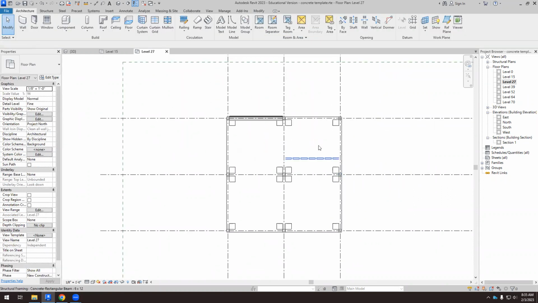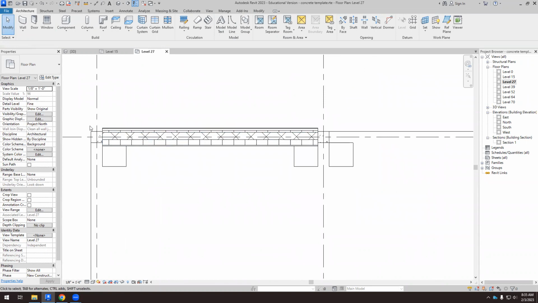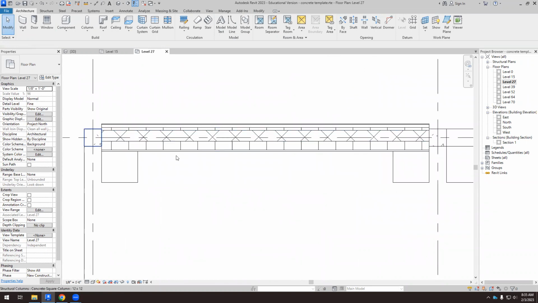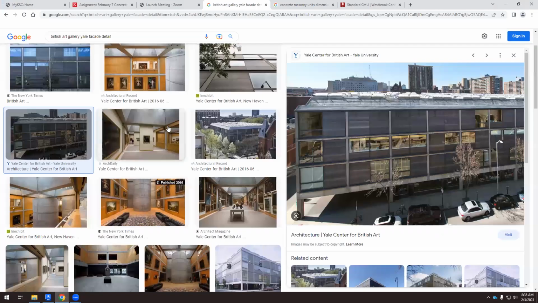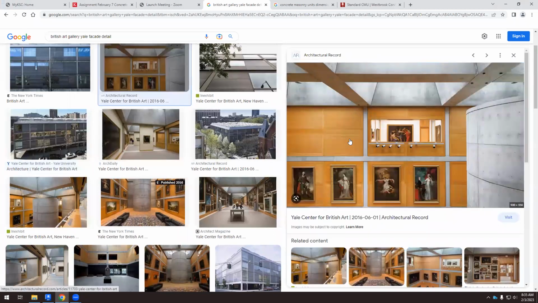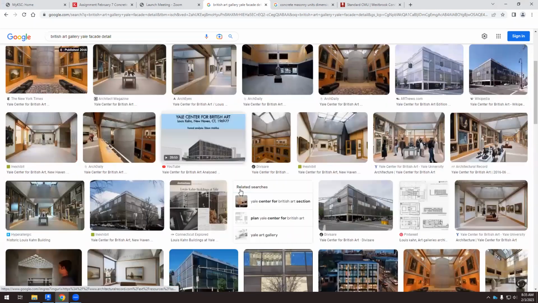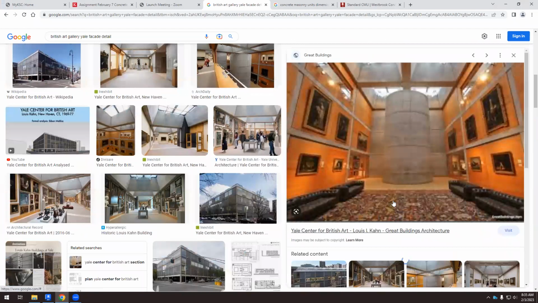Okay, so let's work with this wall that goes from this face of this column to that face of that column. And now we need to understand what we want here. I see that even indoors, we have exposed concrete indoors. Okay, so I hope that Louis